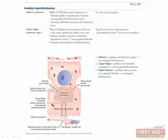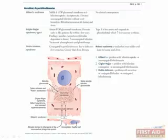Crigler-Najjar type 1, like Gilbert's, involves the same UDP glucuronyl transferase enzyme, except in type 1 Crigler-Najjar, the enzyme is completely absent. In this situation, bili can't be conjugated at all, and this is completely fatal. The disease presents early in life, and jaundice and kernicterus develop. The type 2 form of the disease is less severe and can be treated with phenobarbital, which increases liver enzyme synthesis. So we've discussed Gilbert's, which can be a problem with uptake, and Crigler-Najjar, which is an error in conjugation,